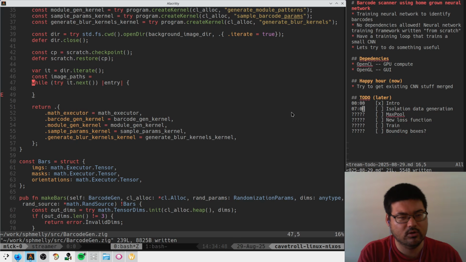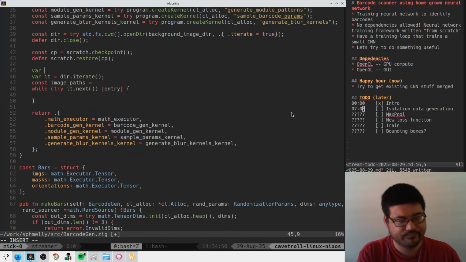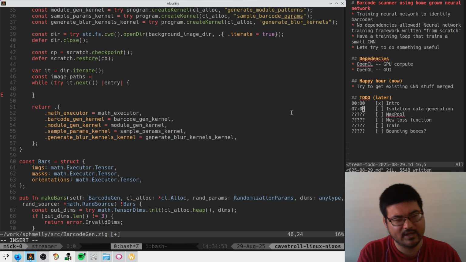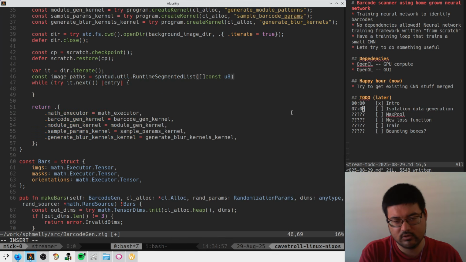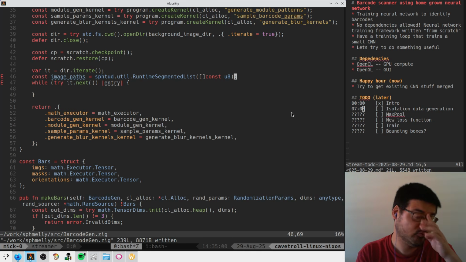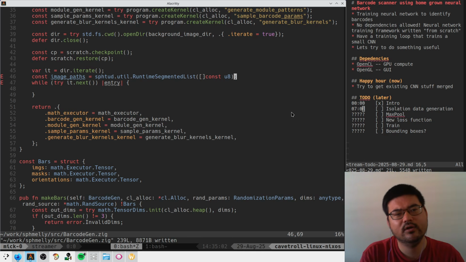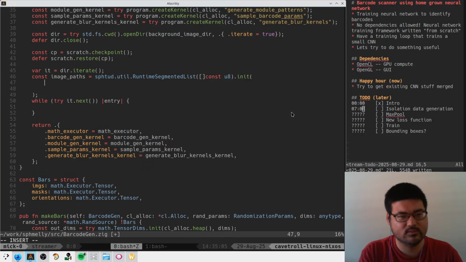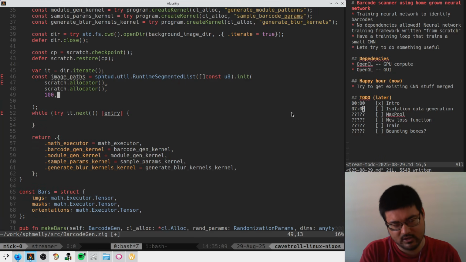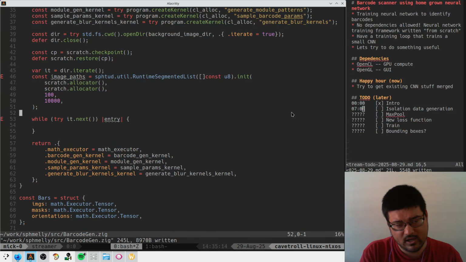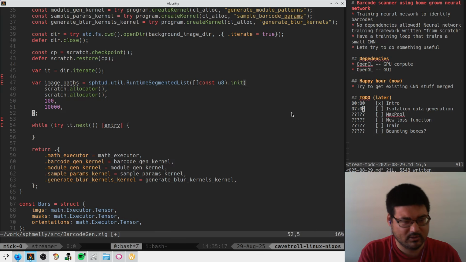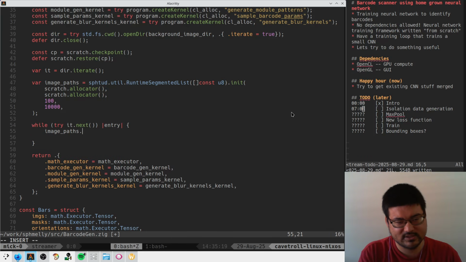And then here we go, we're going to make image paths, which is going to be a list of paths like this. Okay, and we're going to initialize this with the scratch allocator. This thing will probably be under 100, but could be like 10,000 elements large, probably. And while we iterate these things, we're going to do image paths append some